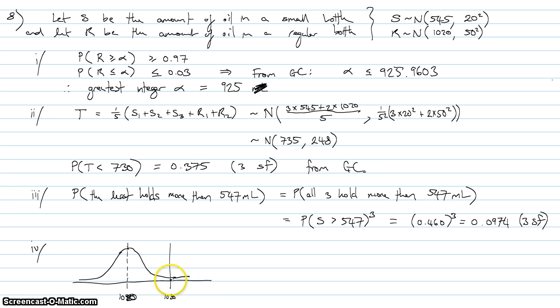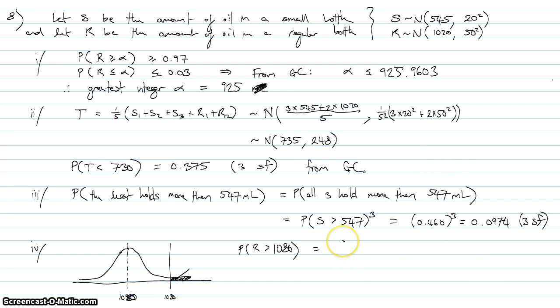What's the chance that I have too much in this tail region? That means that it gets truncated. The normal distribution gets chopped off and is no longer symmetrical, is no longer normal, in other words. Well, we can actually work out what's the probability that R, so I want to find out this region in here, I want to find the probability that R is greater than 1080 milliliters, that it exceeds the capacity of